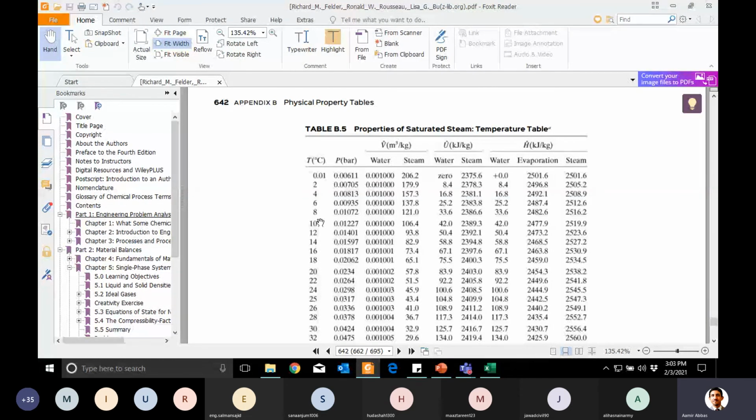If I give you the temperature or pressure, for example, in the last question which you just solved, there was some water steam which was available at 30 degrees C. Do you remember the last question which you solved? At 30 degrees C, if you want to look for the value of enthalpy, you can see here that water enthalpy is given as 125.7. And maybe you remember this same value was there for water.